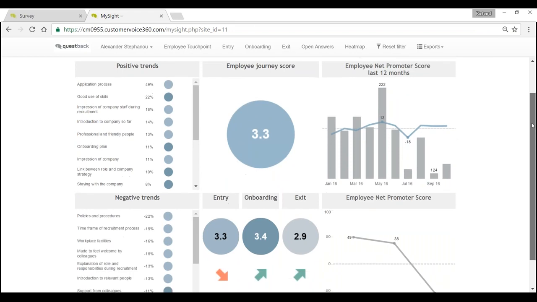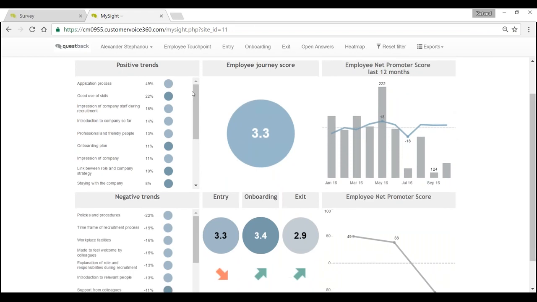As we then come down, you can start to see a few other things. So we've got some positive trends and negative trends. These are based on the change over the last 3 months, so it's a percentage change, showing that we've obviously done something quite significant in the application process. We're doing something much, much better at that particular point, for example. You'll also see as you go down the entry, onboarding, and exit setups, and you can see how they are trending down and up, and it allows us to then drill into those as we go. So what I'm going to do now is click through to the entry dashboard,